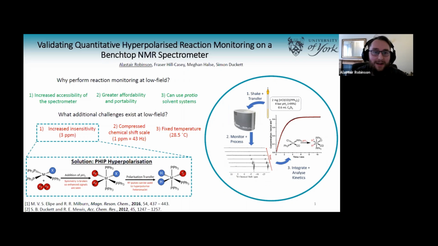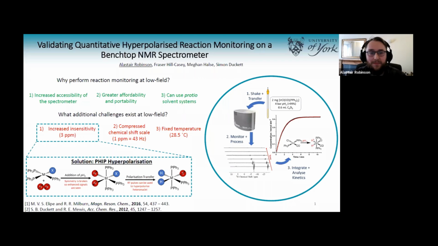My project is looking at performing reaction monitoring in a robust and quantitative manner at low field. And the aim of this is to look at photochemical reactions in the end. Why do we want to reaction monitor at low field? Well, they're permanent magnet-based spectrometers, so they tend to be far more portable and can be used for in-fume cupboard applications. They're also independently locked, which means that we can use protosolvent systems, which increases the industrial viability of